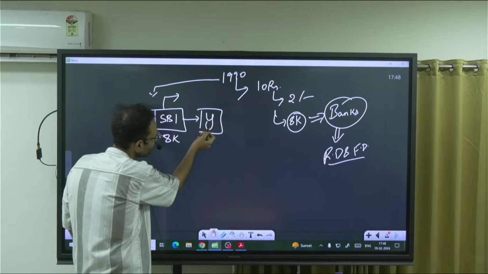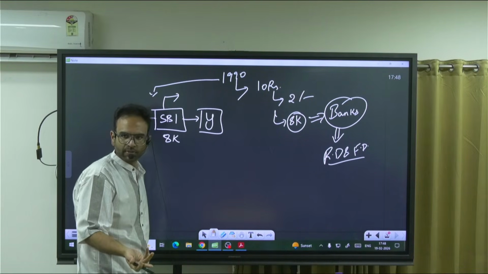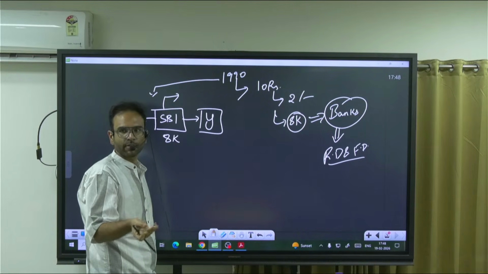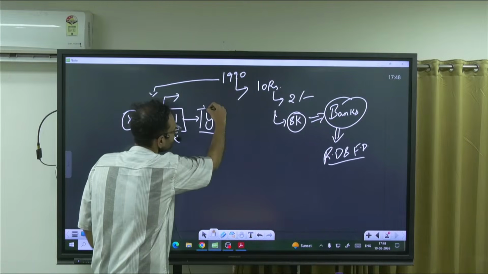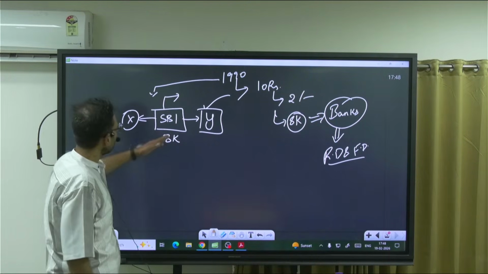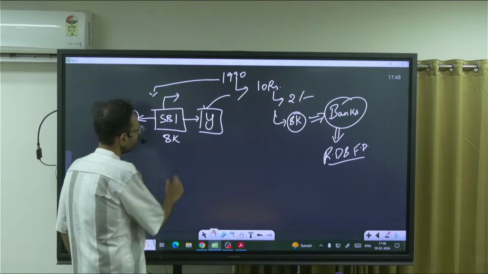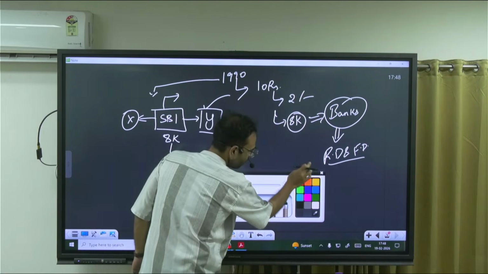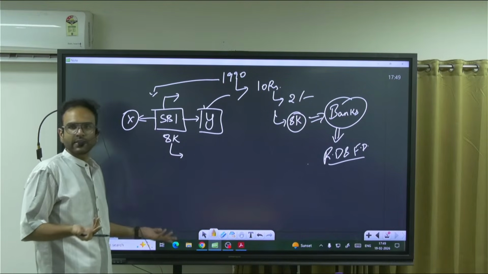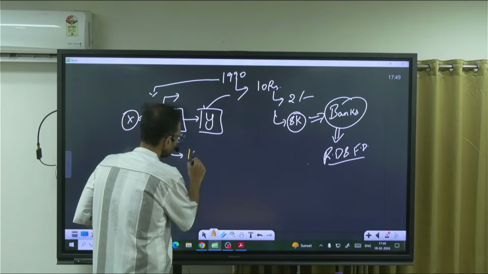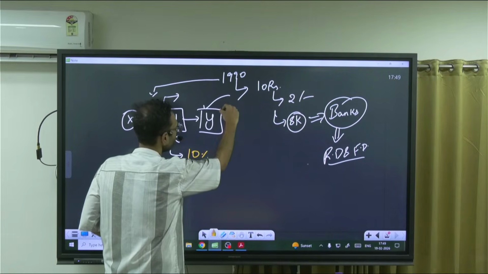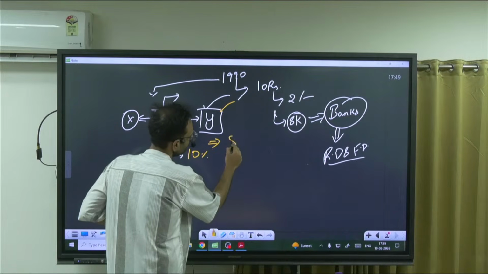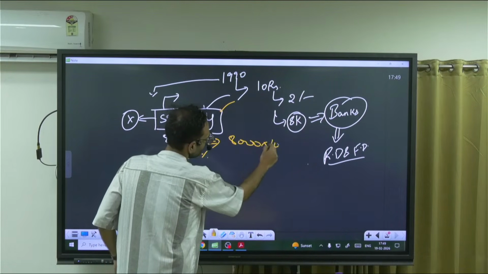Now, why will this person take a loan? Obviously to start a business. What are the factors of production? Land, labor, capital, enterprise. Without capital, you can't start a business. So this person took a loan. Now, while taking this loan, SBI will say, boss, I'm giving you a loan. Why should I give you a loan? I want to earn some money. So give me 10% interest. This person will be like, okay, I will give you. Now, out of this 8,000 into how much?